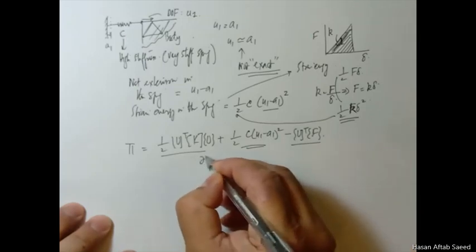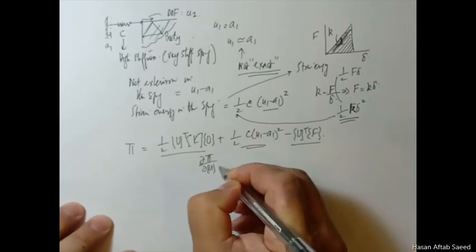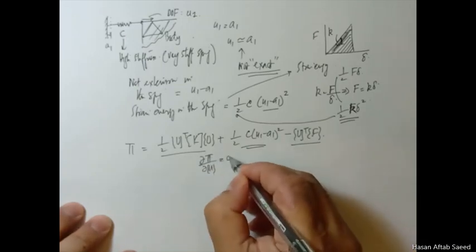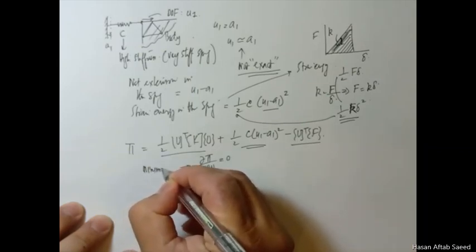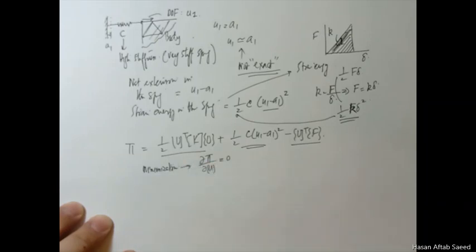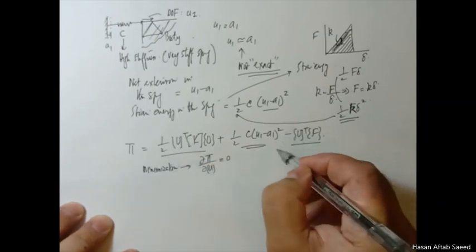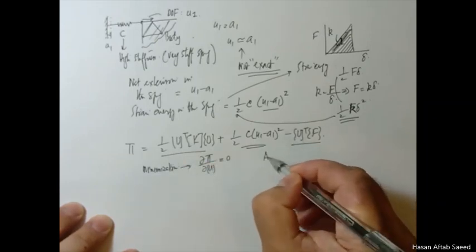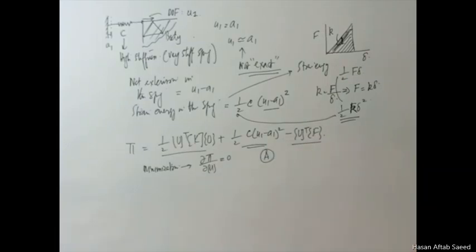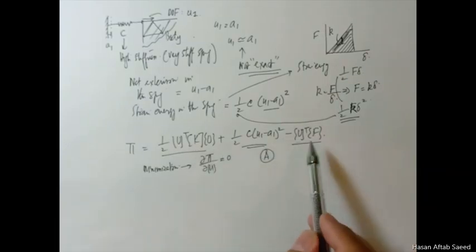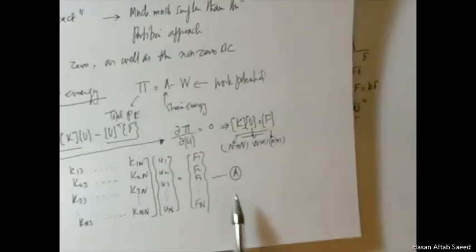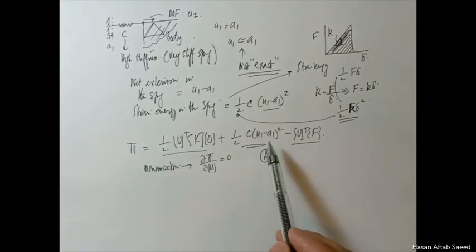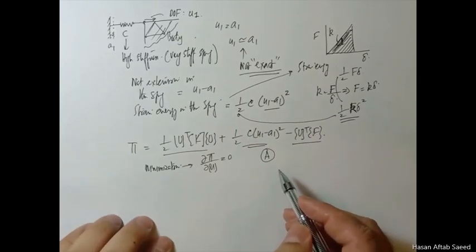And if you again differentiate it with respect to all the degrees of freedom in the system, put it equal to 0. This is called the minimization. Very familiar to you. So you get something like A. Why A? Because for this term and this term, if you forget about this term for a moment, this term and this term minimize to this A. We only need to additionally consider this term here. So A plus